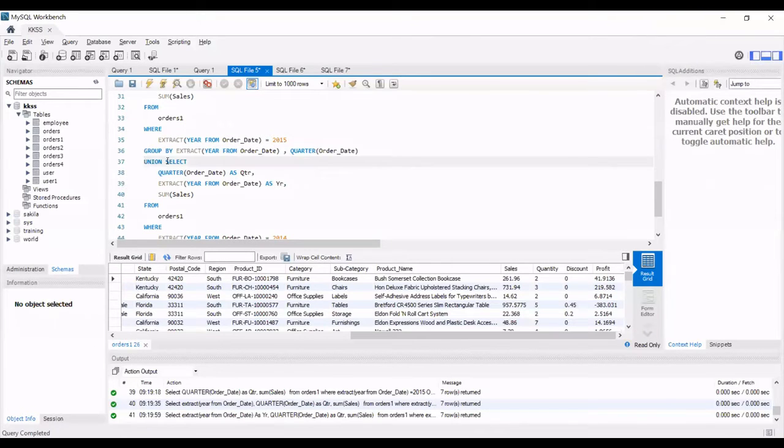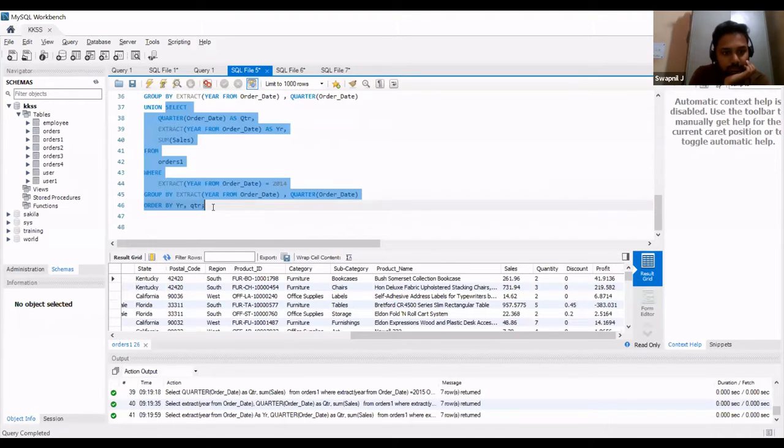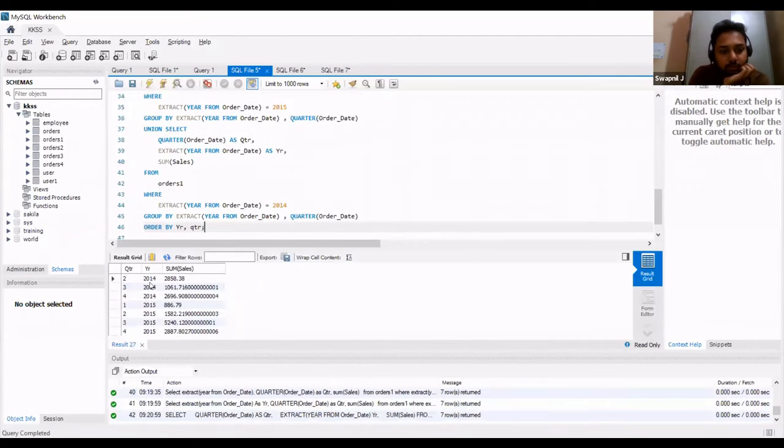Then I'm doing a union of the same query with 2014. So you can do it this way as well, and you will get almost the same result, 2014 and 2015. So it's up to you whether you want to go with the where clause or with the union.